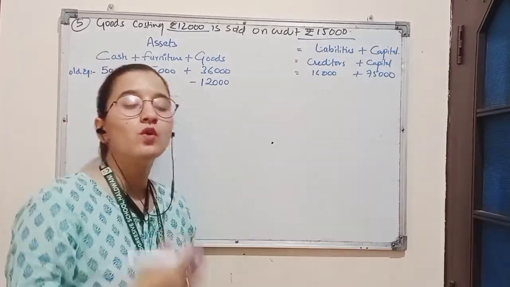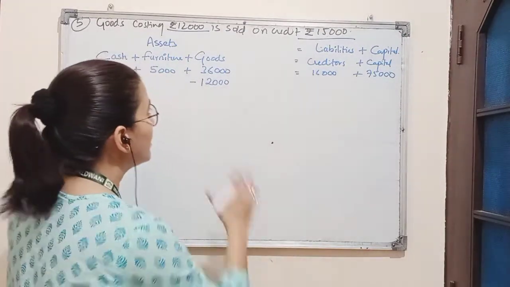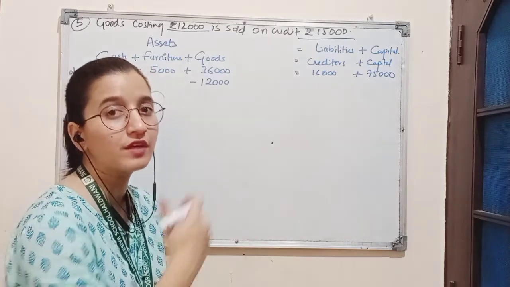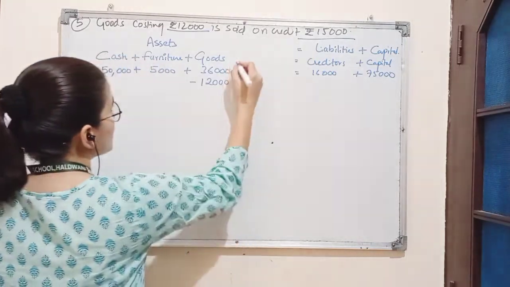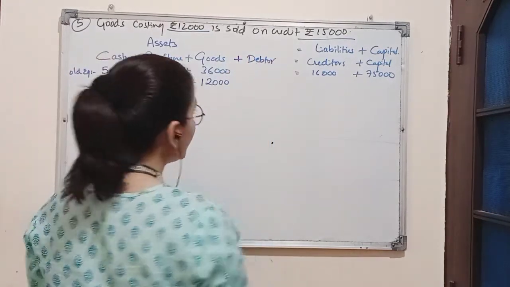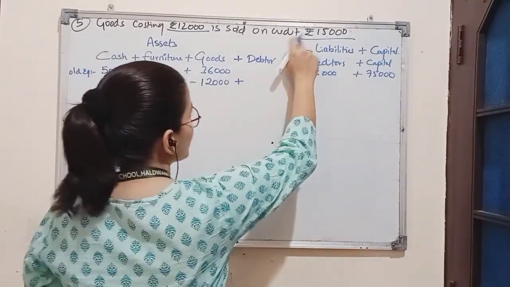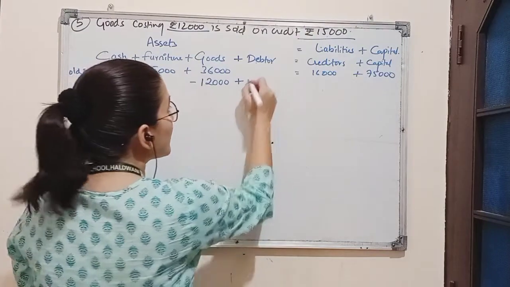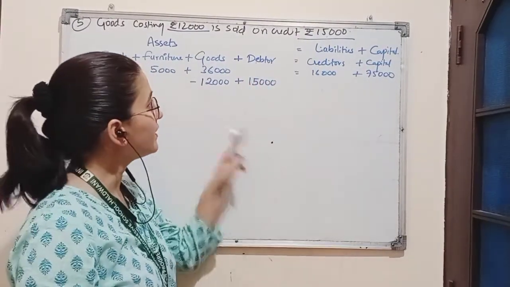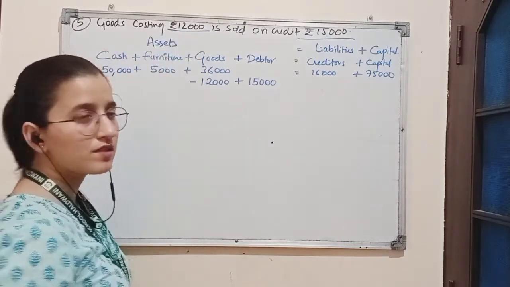The person who is to pay the amount in future is known as a debtor. Debtor is included in assets because here we have to recover the cash. So we will open a column on the asset side named debtor. The amount to be recovered in future is 15,000. Now in this transaction we can see the goods cost rupees 12,000 and are being